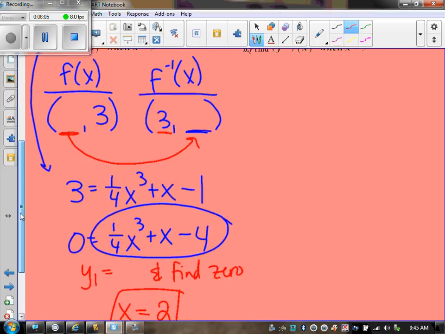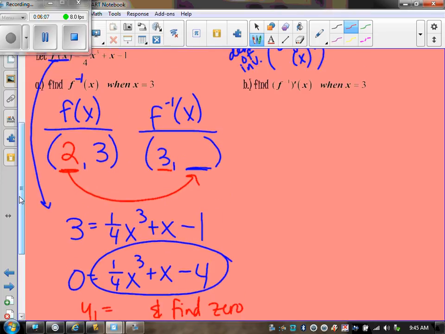But that's x in my original, remember? We found x in my original. So if there's a point on my original at (2, 3), then isn't there a point in my inverse at (3, 2)? And isn't this the answer that I was looking for? I was looking for what the y value was in my inverse when x equals 3. Okay? All right. So now using part A to do part B is asking us for the derivative of the